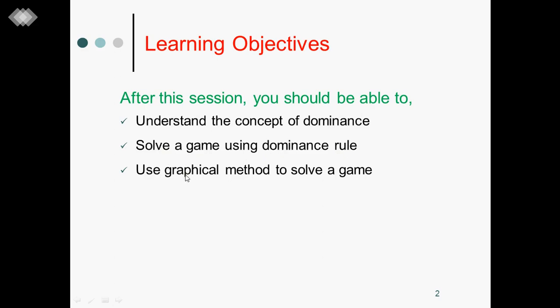Then we discussed the graphical method. The limitation of the graphical method is that the game should be of either 2 by m or n by 2. Sometimes a higher order game is also given to solve using the graphical method. In such cases, you have to use the dominance concept partly to convert the game into 2 cross m or n cross 2. Then you use the graphical method, which will reduce the 2 by m or n by 2 game to 2 by 2 only, for which again you have to use the formula method. Finally, we discussed the flow chart, a summary of all these concepts, right from the saddle point concept to the graphical method.